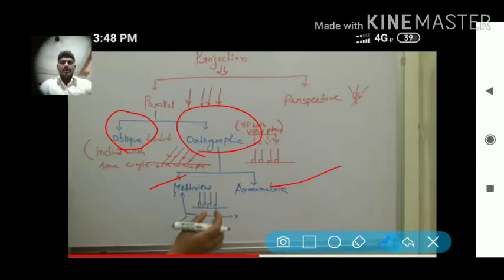So why oblique? These are the same parallel lines, the same parallel projections, so why are they again classified into two types? What is the basis for that? The basis is again the lines of projection. In oblique, all the lines go perpendicularly. All the lines are drawn on a plane perpendicularly, so all lines are perpendicular to the plane.